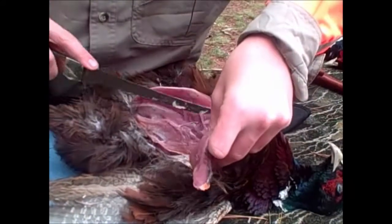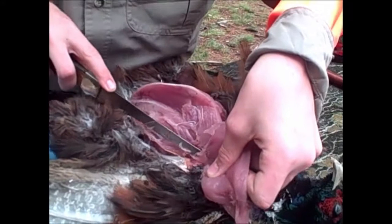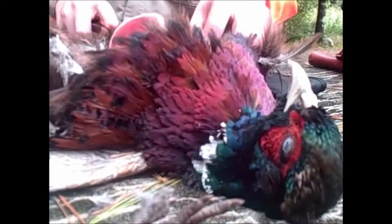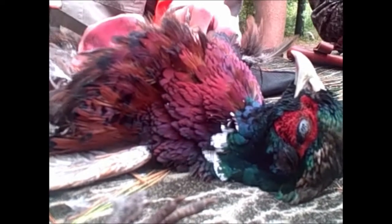Do you want the skin? I don't know. What are you doing over here? You shouldn't need any help, right? No. Get a bunch of woodcock, and his wife would make for lunch woodcock in sauce with fresh handmade